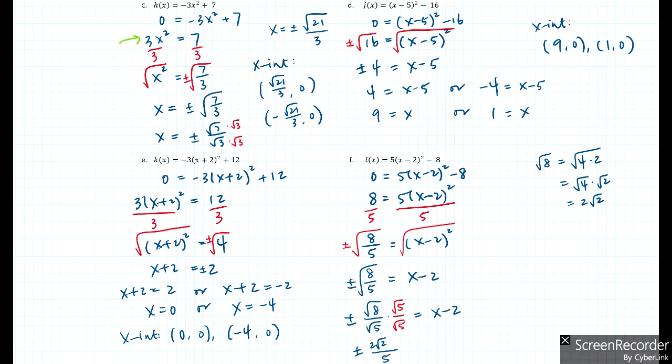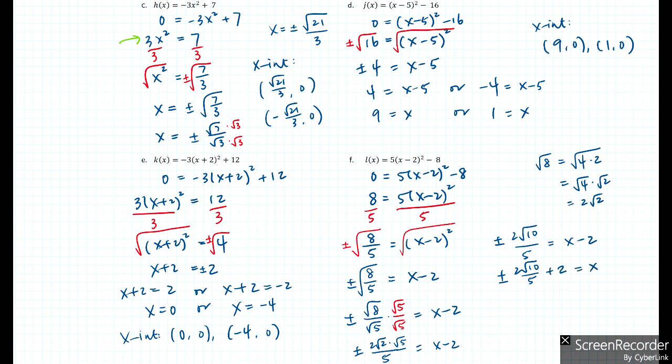So that's a quick recap on simplifying radical expressions. Then we have 2 root 2 times root 5 over 5, which is equal to x minus 2. If we simplify the numerator a little bit, we get plus or minus 2 root 10 all over 5, equal to x minus 2. Now lastly, to solve for x, we can add 2 on both sides. So we get plus or minus 2 root 10 over 5 plus 2